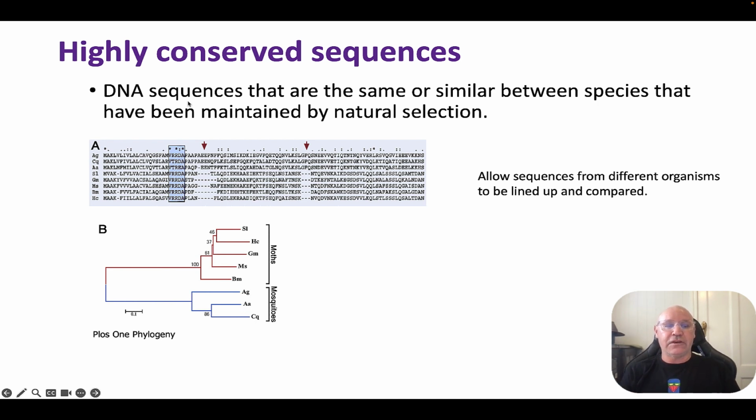It's helpful to have these conserved sequences because what it allows the scientists to do is actually line up the different sequences based on the conserved sequence, and that way they can then look at identifying the differences with a side-by-side comparison. So there's a number of different species here that are related to different moths and mosquitoes, and they've lined them up based on this sequence here of a highly conserved sequence, and they're able to identify where the insertion of the mosquito mutations occurred, and then also the insertion of the moth